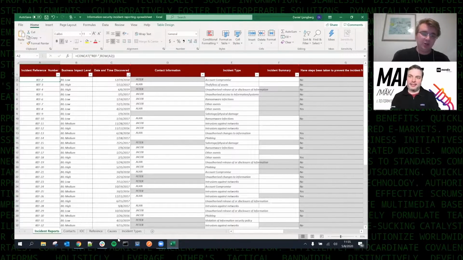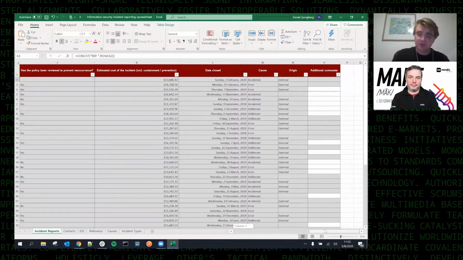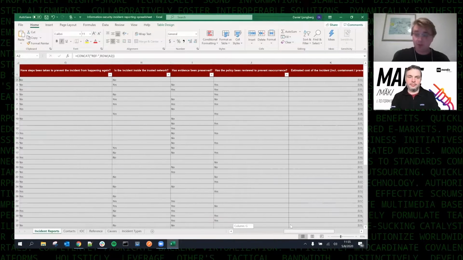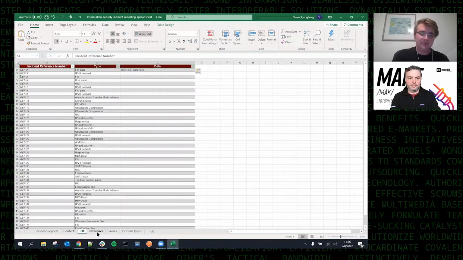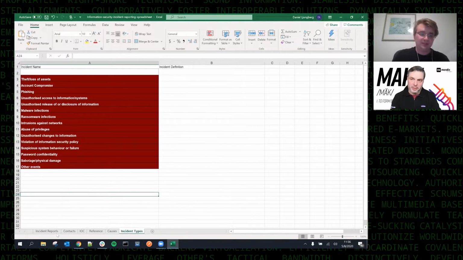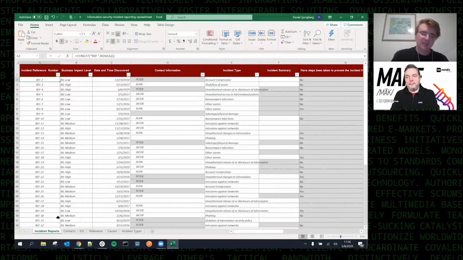What I really wanted to highlight here is just that this is a fairly complex set of data that they're capturing through this spreadsheet. It's capturing a set of questions around how the incident is being handled. It's capturing contact information. You can see down here, we actually have a few different tabs where it keeps a lot of this kind of data, drop-downs and stuff like that. Yep. Exactly. So you shouldn't need to recreate all of that work if you're moving from a spreadsheet to an application,